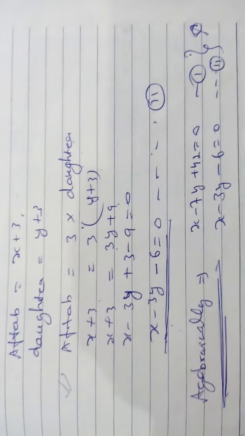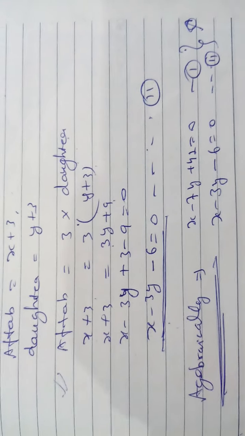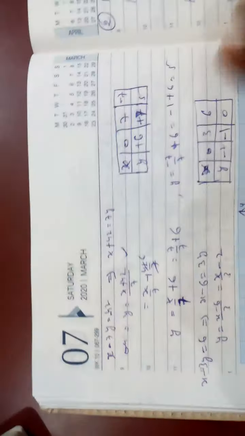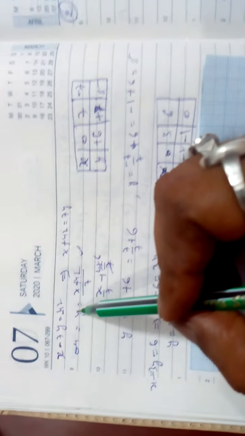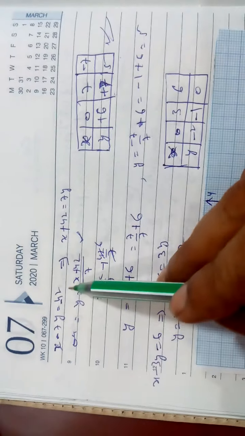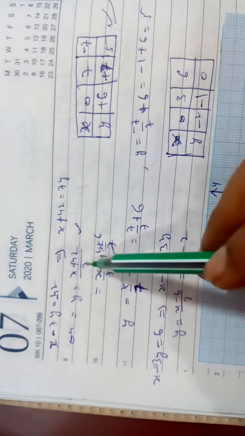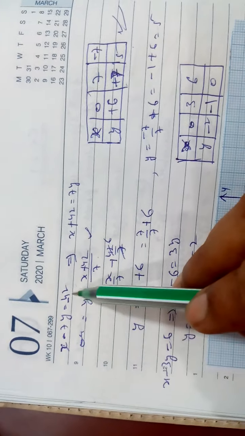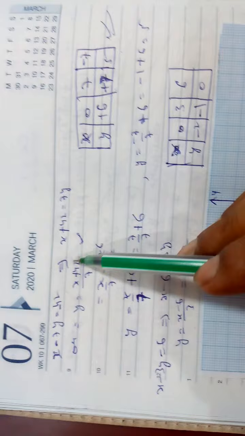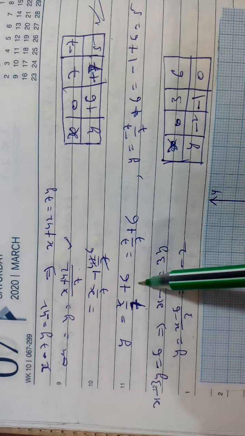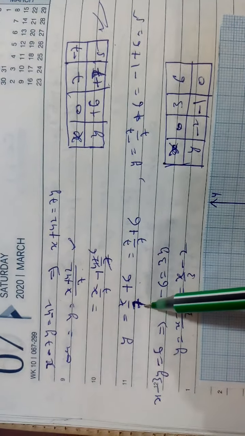In this exercise 3.1 it is given, represent the situation algebraically and graphically. Algebraically is over, now graphically. What will you see? You take the graph. First of all, for the graph you must have this table. Minimum 2, I have written 3. x minus 7y equals minus 42, so I am writing y in terms of x. Not necessary, you can directly put the value and you can get. So minus 42 that side, 7y that side. So y equals x plus 42 by 7, separate x by 7, 42 by 7, I am getting x by 7 plus 6. It means x will be a multiple of 7.